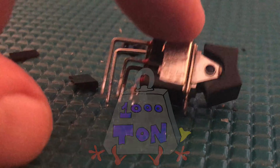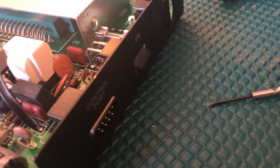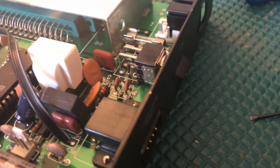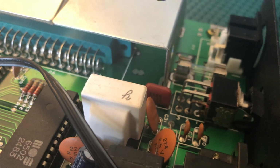And it just kind of crumbled in my fingers. So luckily, I was able to pull a power switch off another board and poorly soldered it back on, but it seems to be working fine now. Alright, now that we got all that boring stuff out of the way,